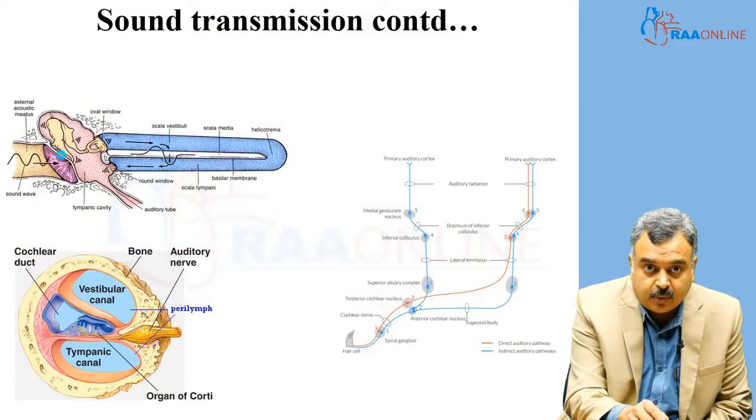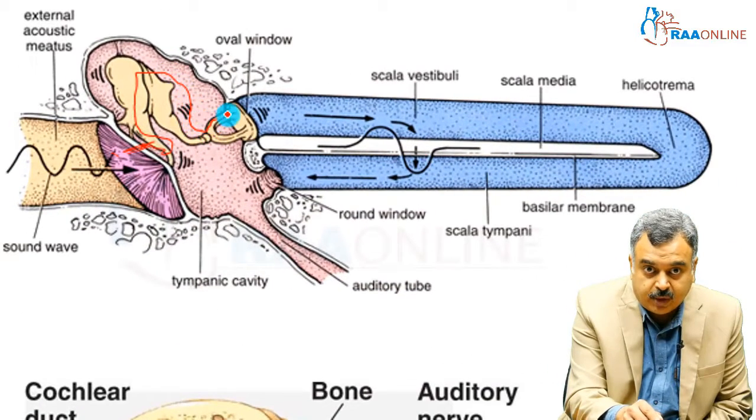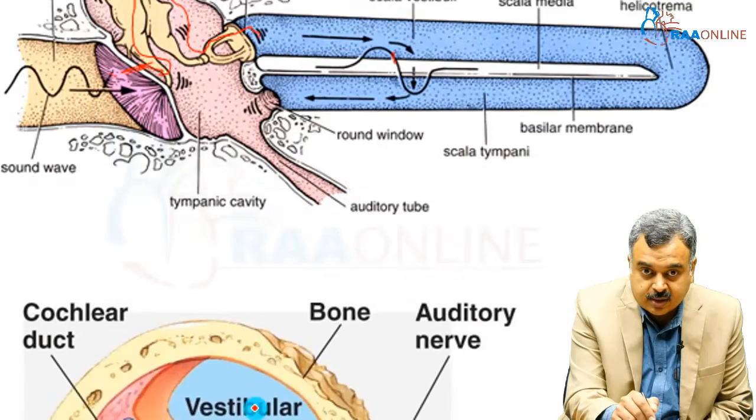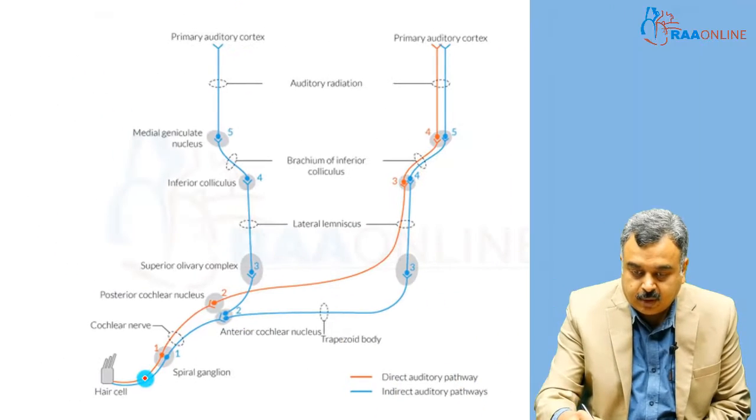You look at it. Sound enters, this is the tympanic membrane, vibration, the ossicles then move, and this sound is transmitted. So vibratory motion is transmitted into the perilymph of the cochlea, and through the scala vestibuli sound is then transmitted. Depending on the frequency of sound which is heard, that particular part of the cochlea is stimulated, and the organ of Corti gets stimulated because of this, and then the sound is transmitted through the spiral ganglion onto the cochlear nerve,